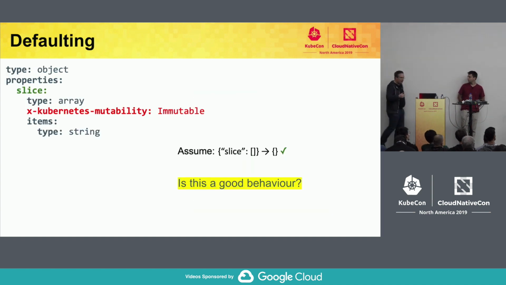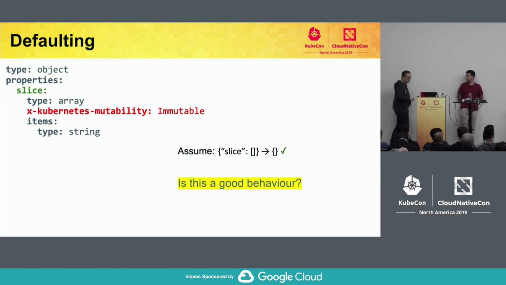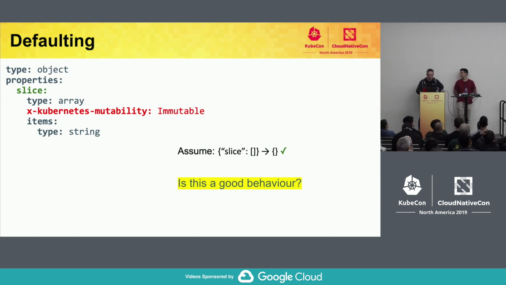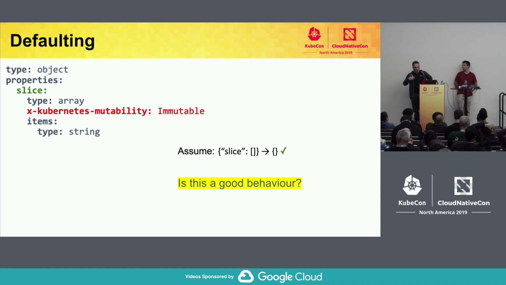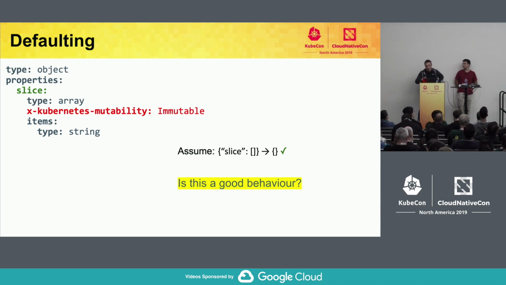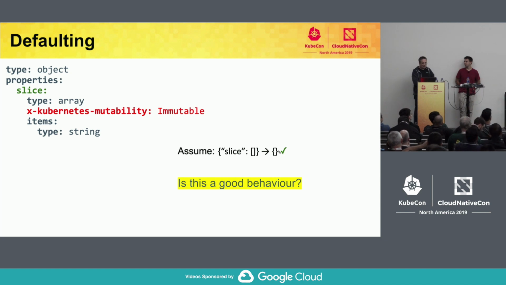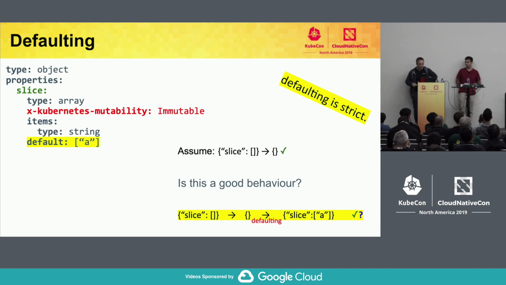When looking at null and empty, there were different opinions on what to do, and in native types, we usually identify them. So null and empty is the same thing, or undefined is the same thing. But we have made some choices in CRDs. Defaulting exists, will be GA in the next version, and defaulting is strict. In defaulting, only undefined is defaulted. If you have a null in an object or an empty list, it's never defaulted. So we made a choice not to identify those values.